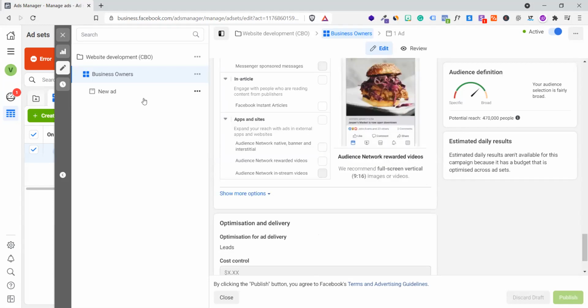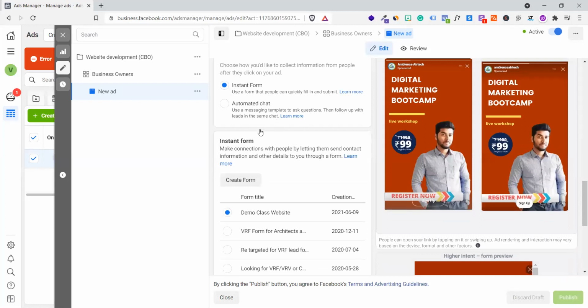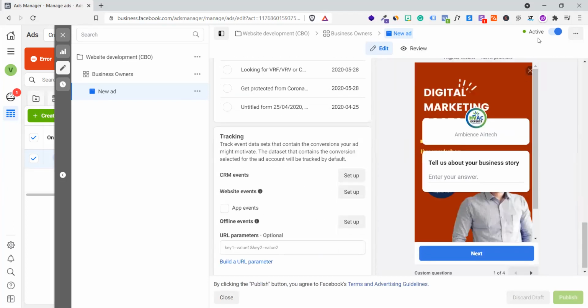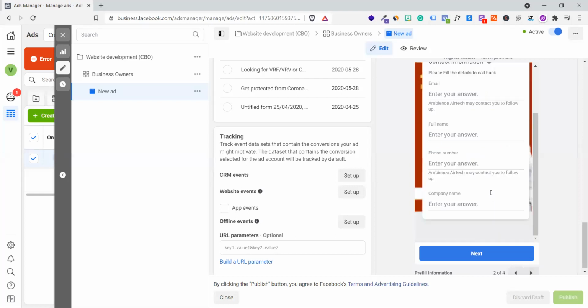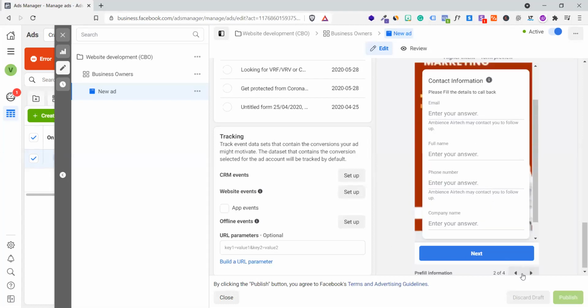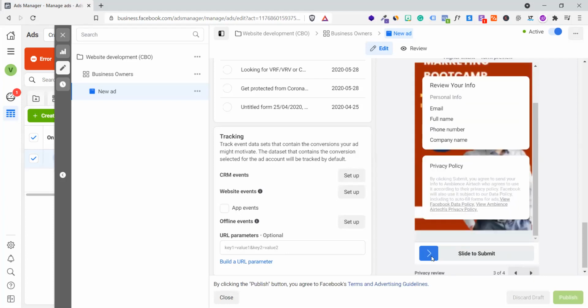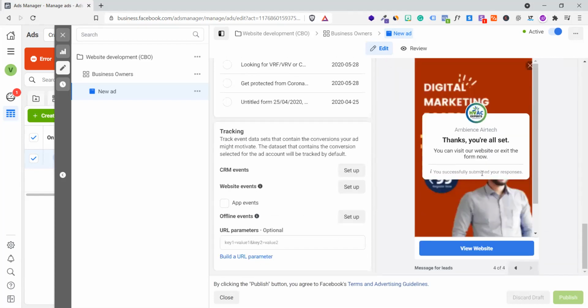And when we click on ad copies, we are going to see this particular ad. You see this? Here is our form that we created in front of you. And if you remember, the moment people sign up, it will open like this on your right. You can see that there is a form: tell us about your business. The moment they click, they have to fill the form like this: contact information, everything, the full name and all. Then this email and the privacy policy. Then they have to slide left to right. Then it's pretty much done. They will say thanks, you all are set.